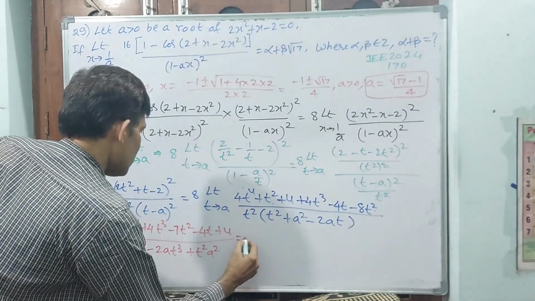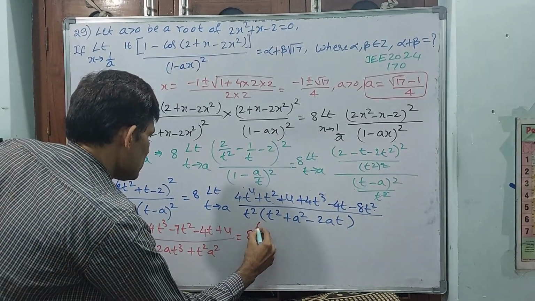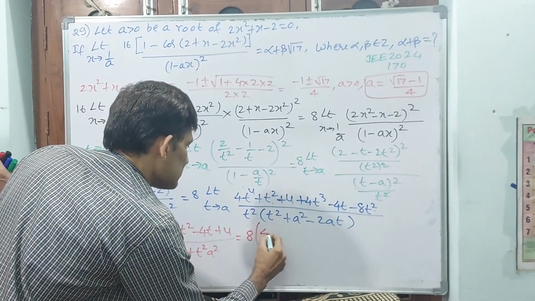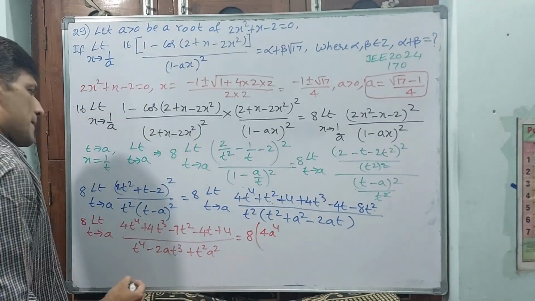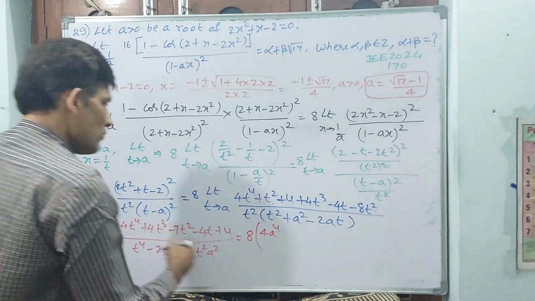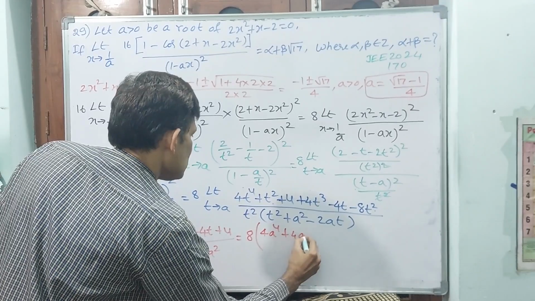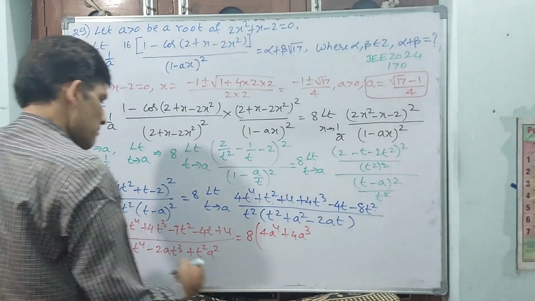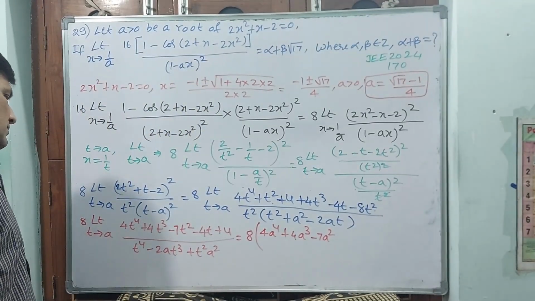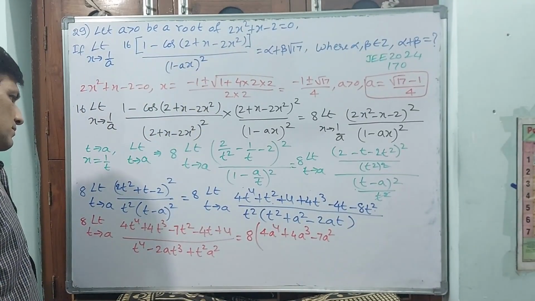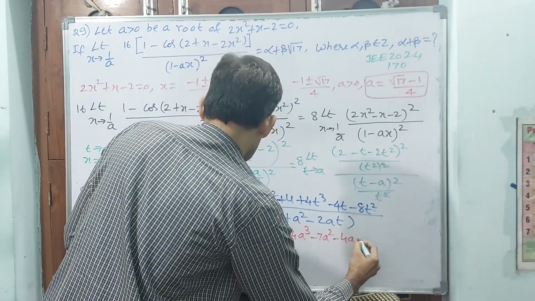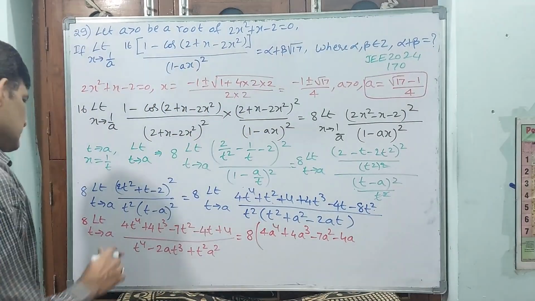Okay, that is equal to 8 times 4a to the power of 4, and 4a cube minus 7a square minus 4a. I don't think so. Why? Because see, we have to do